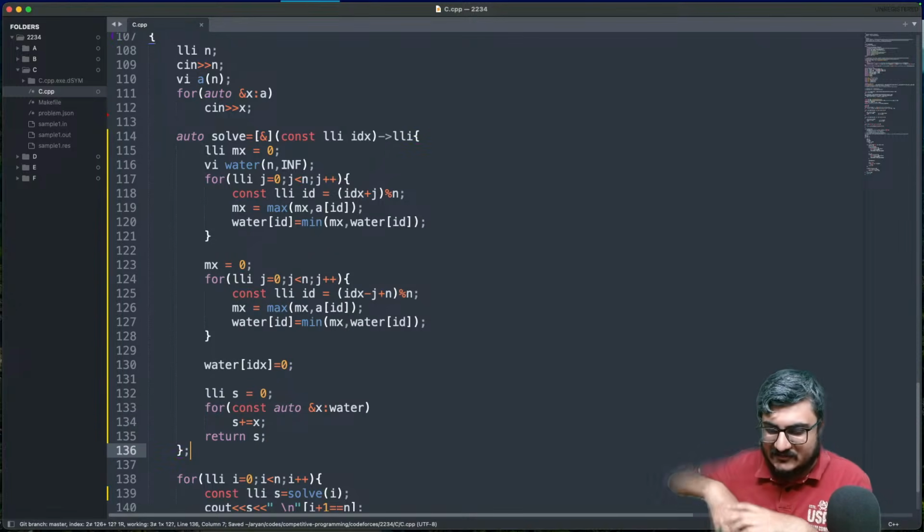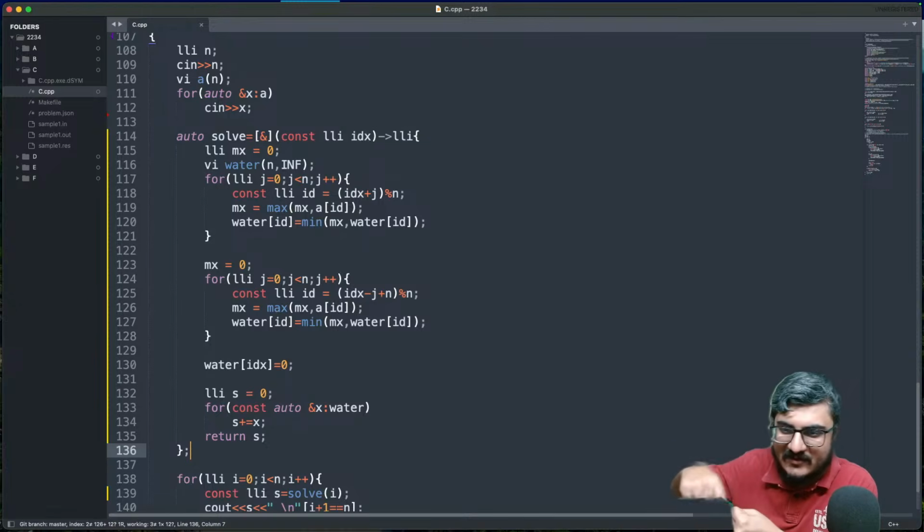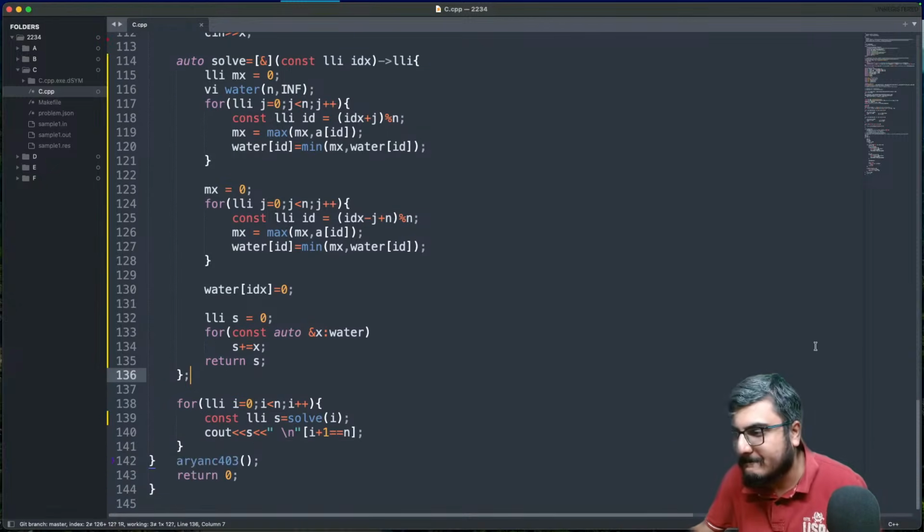Essentially there are two parts. One, you take a well and move n times to the right side. Then you start from the same well and move n times to the left side. And then since the water in a particular cell needs to be empty, you put it there. And this will actually give you